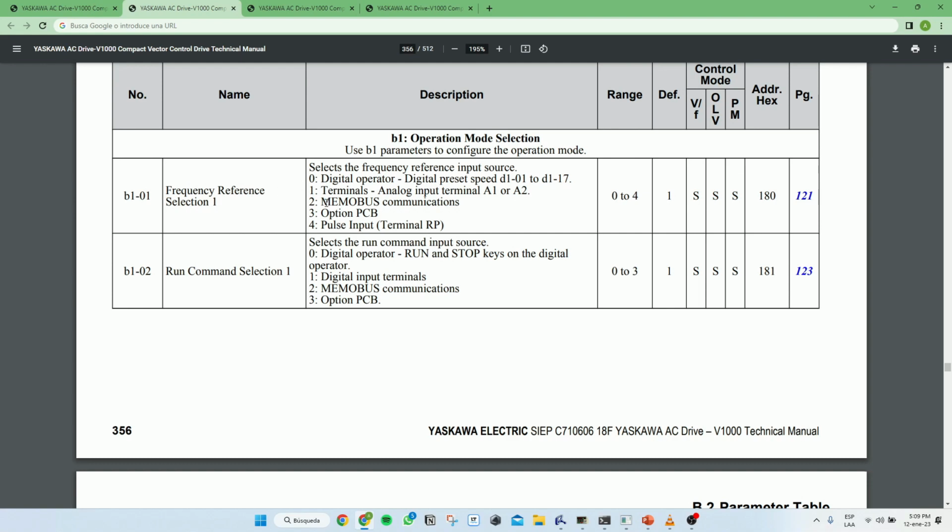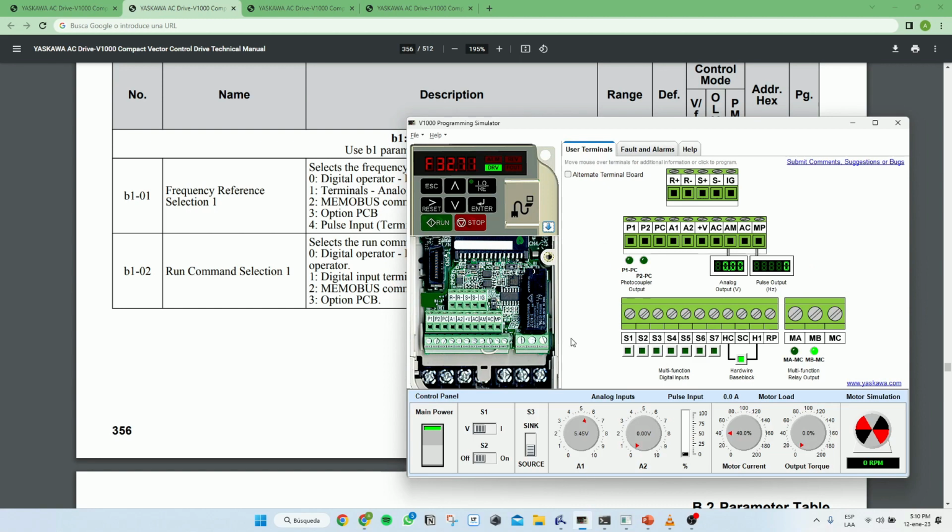In the velocity reference, you need to select this option. Okay? If you need to add a PLC. If you want to control it locally, this is for option 0. If you wanted to define it externally with the buttons for start and stop, that's option number 1. If you want communications, that's option number 2. Okay? So having said this,